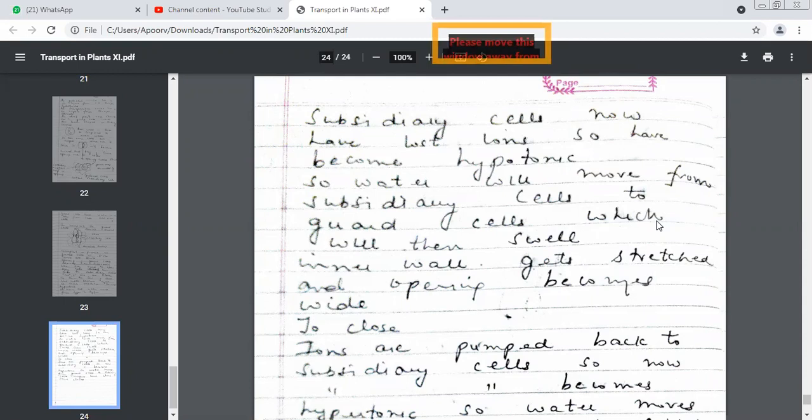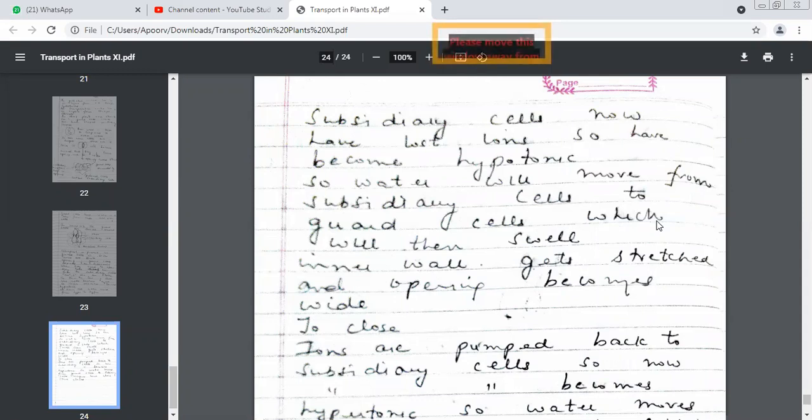Now you understood the significance of these subsidiary cells? That is why we did the structure of stomata first. Let's do it very quickly. Whenever we think about a guard cell and a stomata, we always associate two things with it. Epidermal cells which surround the guard cells, what are they called? Subsidiary cells.